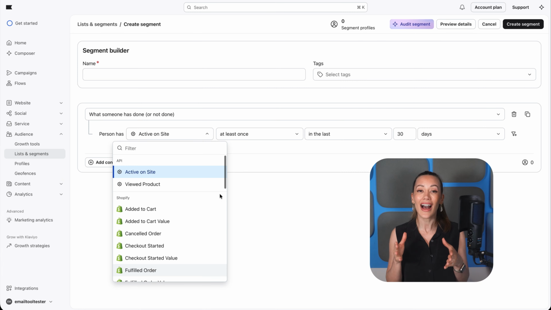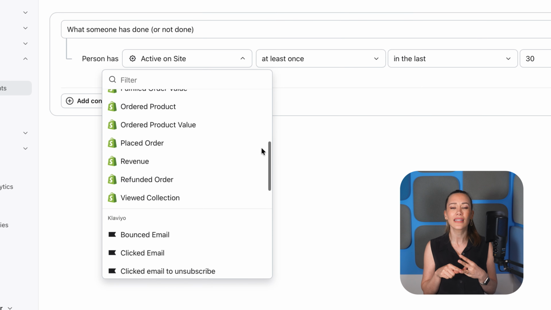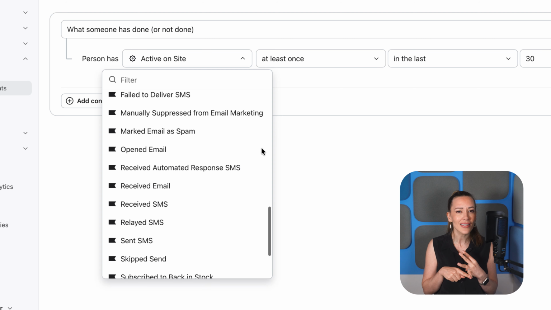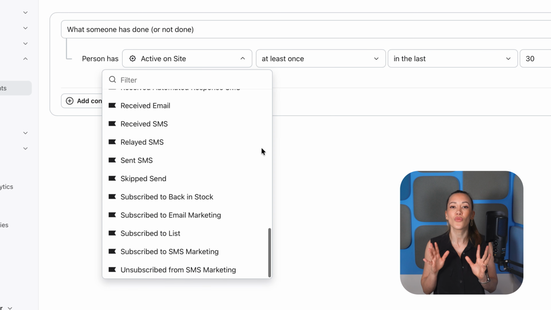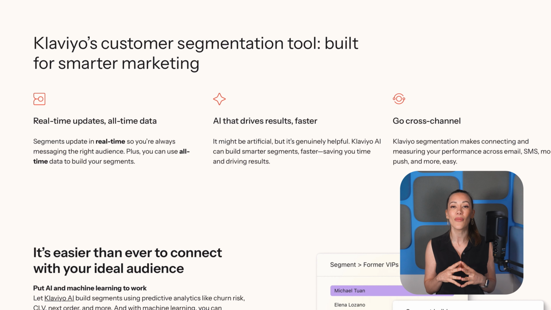This next round is all about segmentation and personalization, and it's a big one because this is one of the main reasons e-commerce brands choose Klaviyo. Both platforms let you segment contacts based on engagement, customer data, and behavior. But Klaviyo goes much deeper. You can build highly targeted segments based on browsing activity, purchase behavior, predicted customer lifetime value, churn risk, products viewed, and so much more. Klaviyo also includes advanced dynamic content, tagging, and AI-powered segmentation tools, which make it incredibly strong